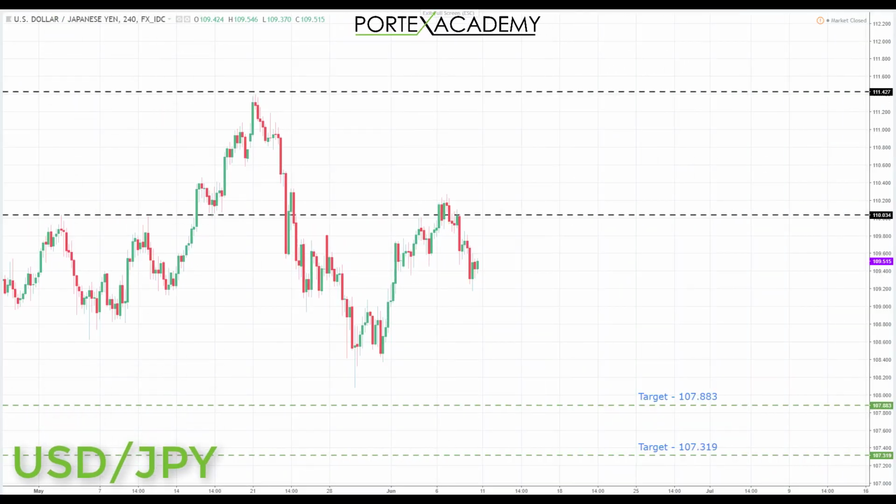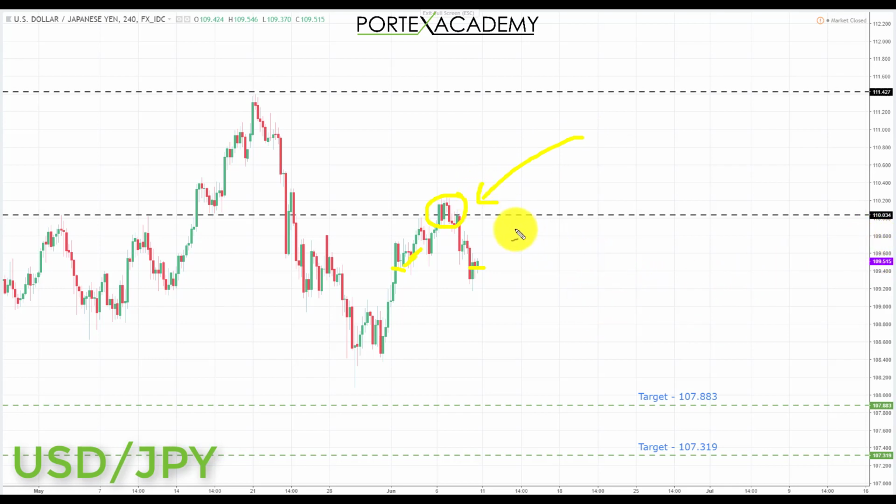Next, we have US dollar Japanese yen. Now, last week we started the week in this area and we were looking for a pullback and a retest of broken support turning resistance at the 110.034. And you can see we did actually get this price action, this move up. And in fact, the markets last week were very corrective, weren't they? I mean, we started here and we ended the week here. So we pretty much did nothing, but we did come up and retest the previous broken support turning resistance at